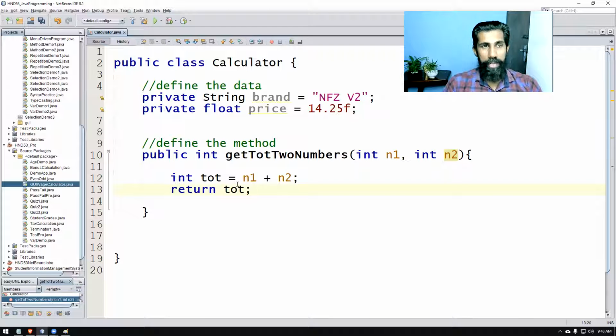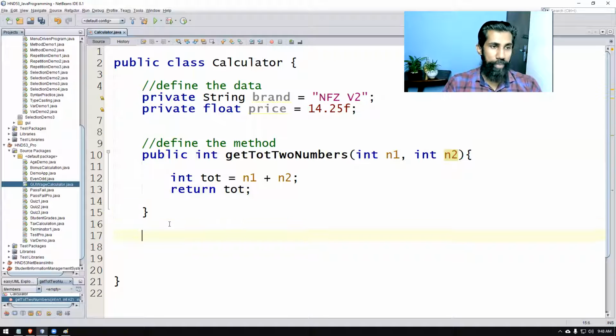Because this calculator, we're going to use it in another program, I'm not going to use just System.out.println, and I'm not going to print it. It's not going to be useful for me. If I give my two numbers to this calculator, it will add them together and give me the result back, so I can use it in my program. That is how I have designed it.